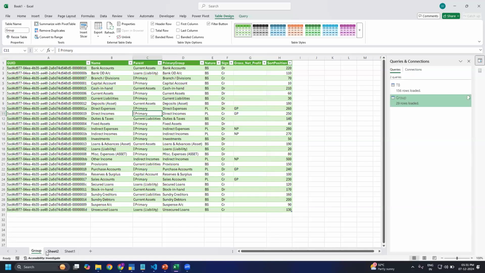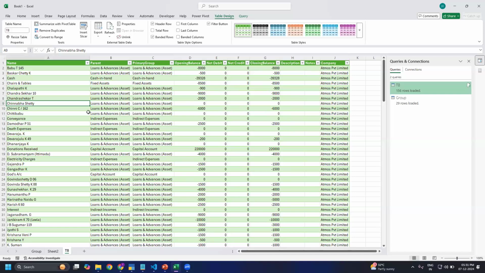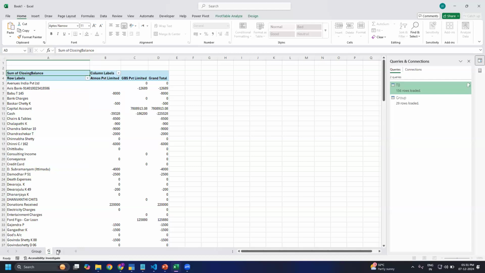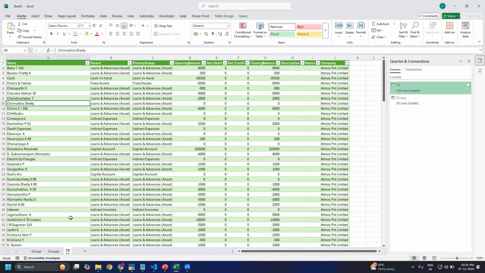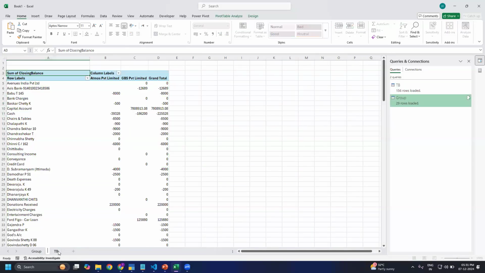like this. Now we have to give a relationship between this TB and groups, and our relationship is like we have to give primary key to foreign key. So now I will do that one. Before, we did it in one pivot. Here we have one option called